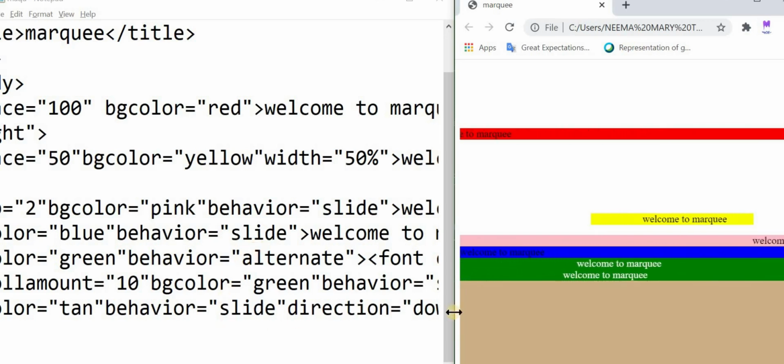So it will stop. Again it starts from here the second time. Now it will stop, and it will repeat 2 times. Only 2 times it will repeat. Okay. Then we can change that to alternate.